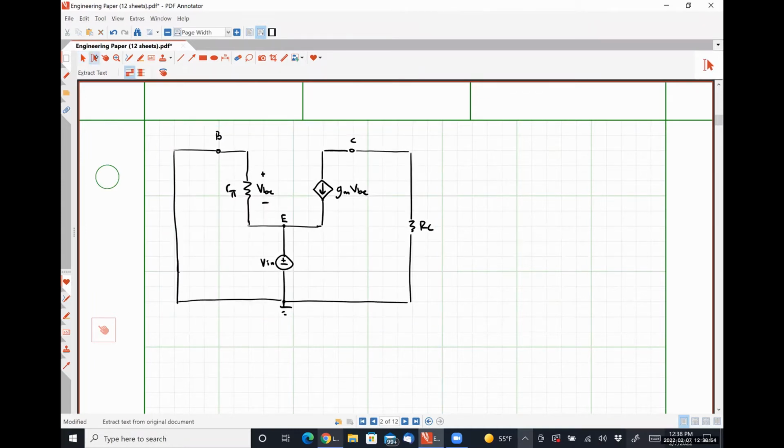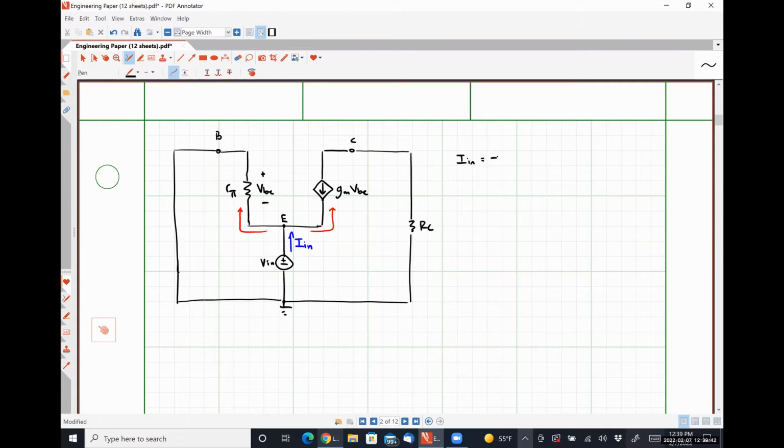All right, so I'm going to call this current IN, since we're going to determine our input resistance. And IN, using Kirchhoff's current law, is just a combination of this current flowing through the resistor R pi and this current flowing through our dependent source. Okay. So applying Kirchhoff's current law, we can see that IN